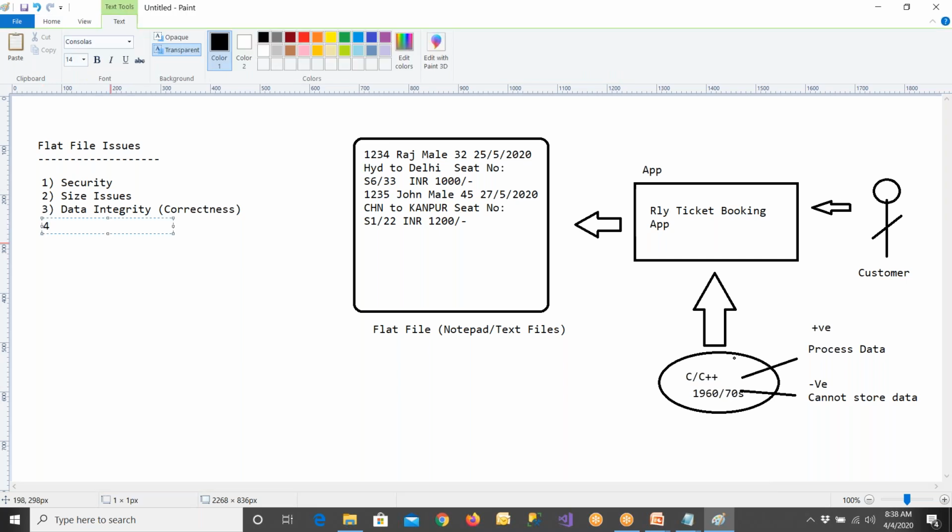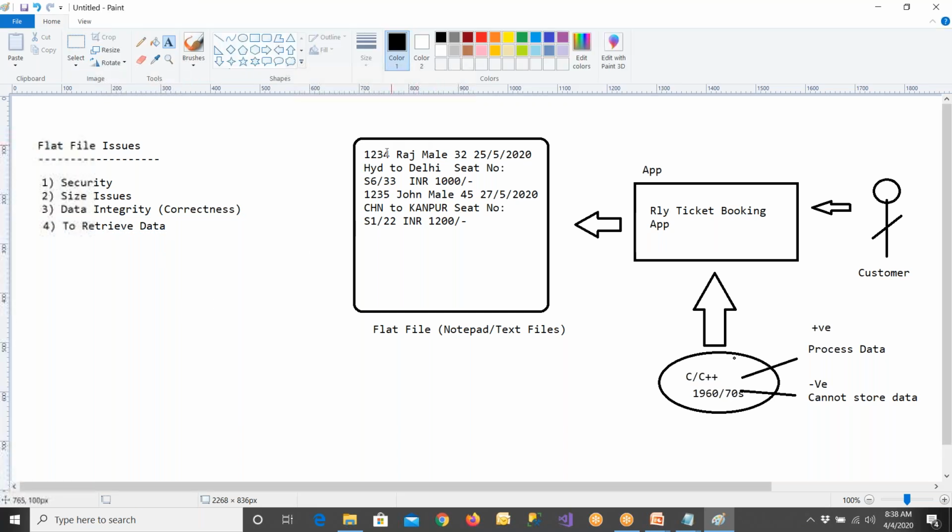Now, I wanted to store the data and retrieve the data. What language were we using to store the data? We were using C and C++. To retrieve the data, you should also use a language. People may ask you a lot of questions to retrieve the data. What is it that they want to know? They want to know how many people have traveled from station A to station B during last year, January. I would like to get that information. To ask this question, you have to write a complex program, and the program will read the data, and a report will be given to you.